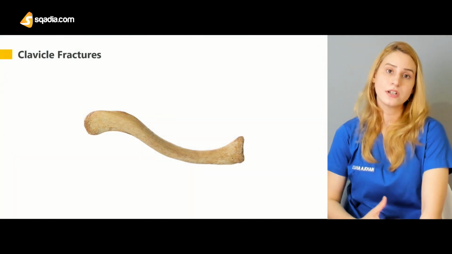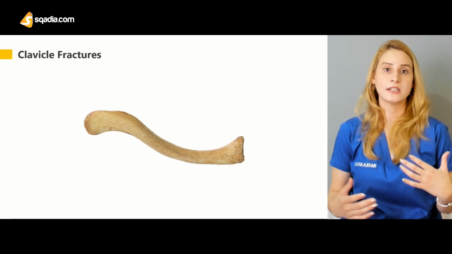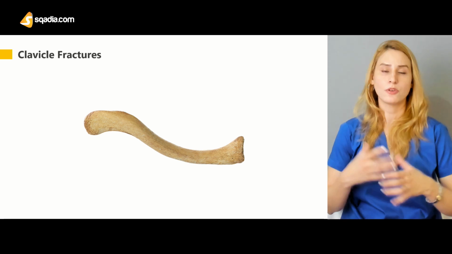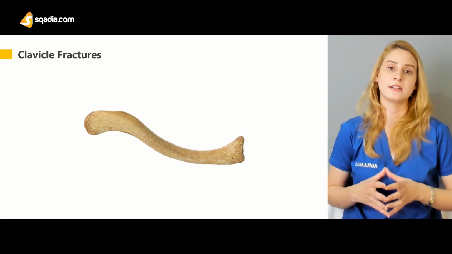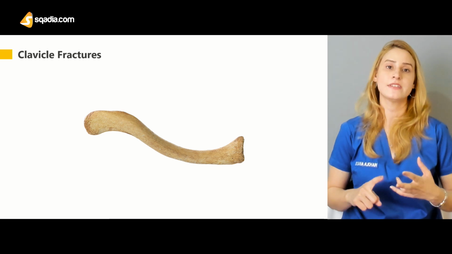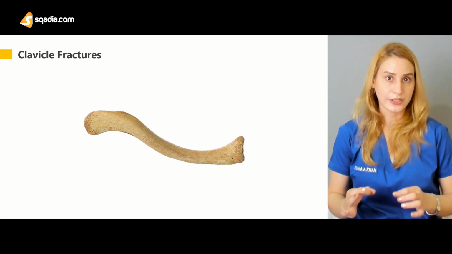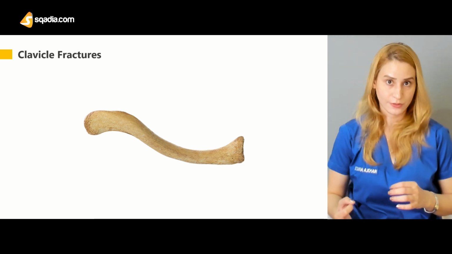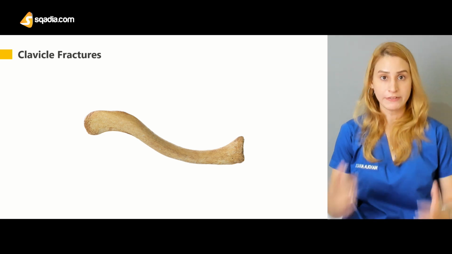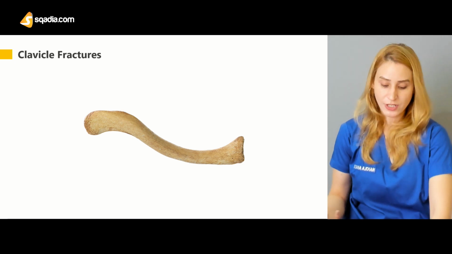Now, when you go to the clinics, there are some important conditions which are clinically important when you're talking about the clavicle. One is the clavicular fractures, and then you have the clavicular dislocations. So acromioclavicular dislocation is the most common dislocation. And the fractures of the clavicle are very important and very common whenever there is an outstretched hand or a